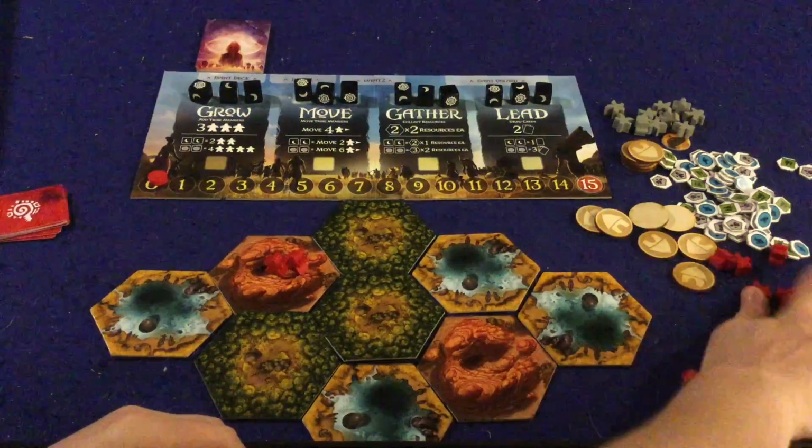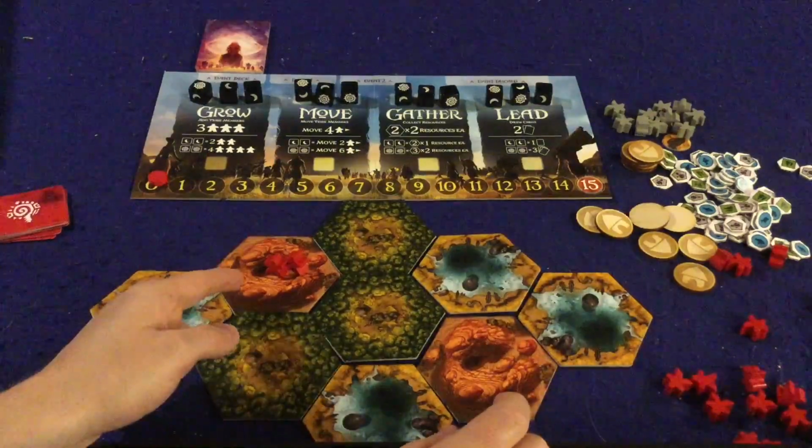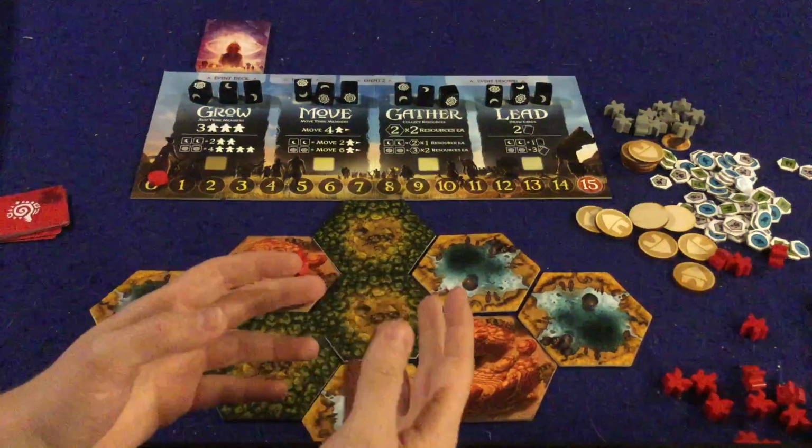Continuing on component-wise, you're going to have a bunch of meeples. So when you first start the game, the first player is going to put 2 on the board. The second player will put 3 on the board, and the 4th player will get...